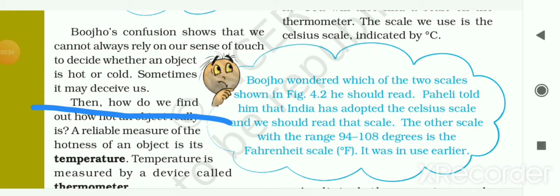Why? Because we are comparing the two objects. That's why when you put your hand in cold water and then in mug C, you will feel it is hot water. And after dipping your hand in the hot water, when you put the same hand in mug C, you will feel that this water is cold as compared to the first one. So it is the comparison. We can't trust this sense of touch to compare the hotness or coldness of an object.